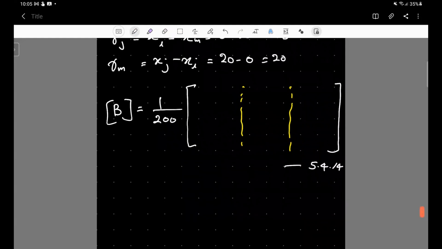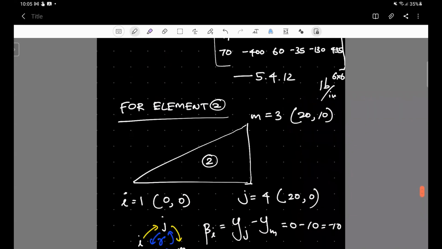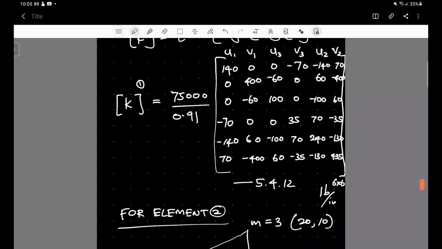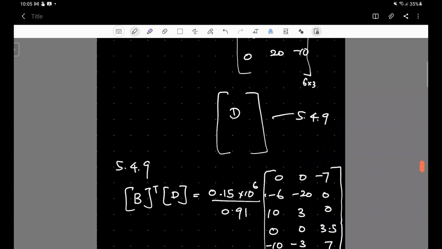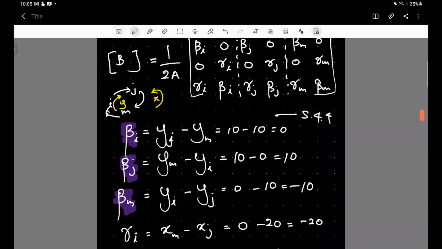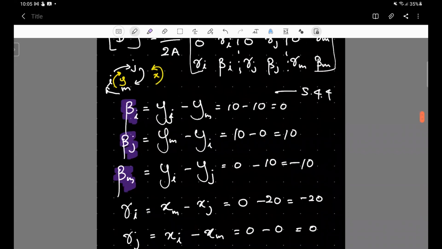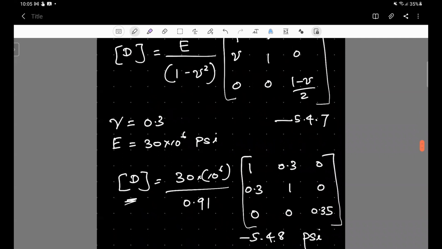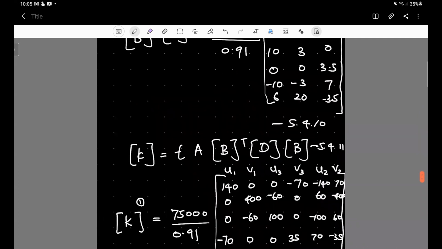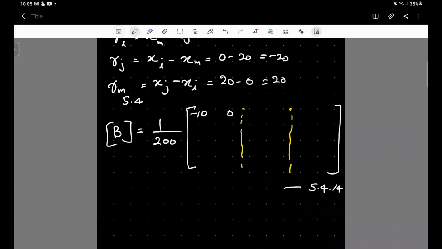So if we substitute the beta and gamma values here, using the previous equation, of course, let me write it down here so that it will be clear to you all. Yeah, I have written it down here, 5.4.4. Substitute in equation 5.5.4 would yield